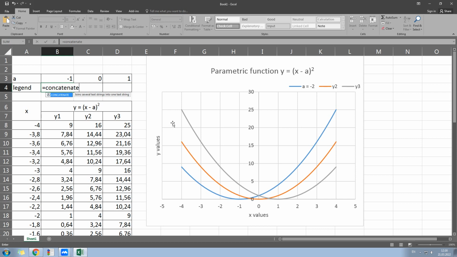Concatenate. And inside we need to specify a list of text values, text 1, text 2. Look carefully at the separator that is required for your operating system settings. In my case it's a semicolon separator. It might be a comma on your computer. So let's concatenate A, then separator,